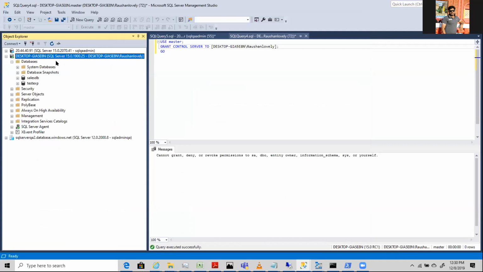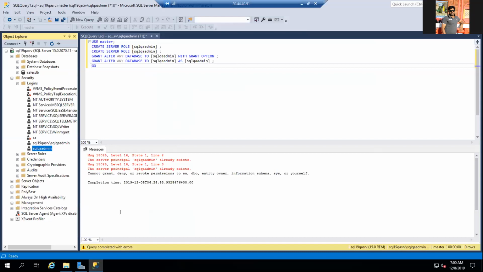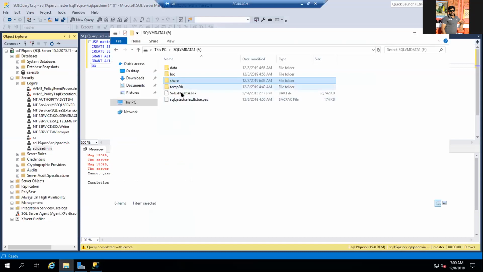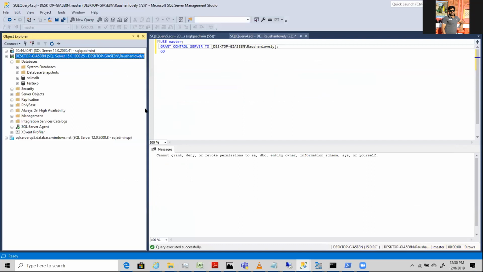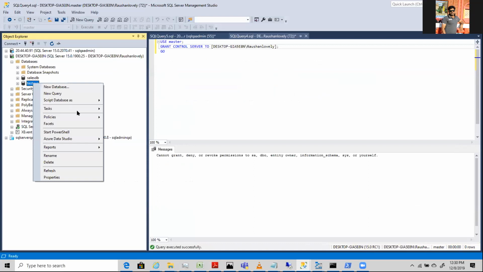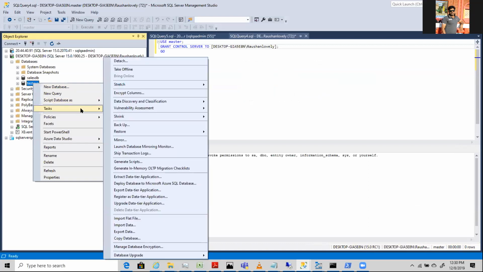There is another way of doing it, that is the simple backup and restore we did earlier on these servers. We migrated those files and restored them directly. That happened, no issue. And let me continue with moving this database directly to PaaS Azure. Okay,